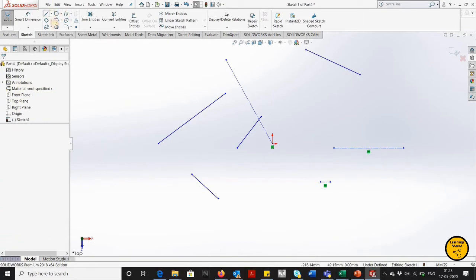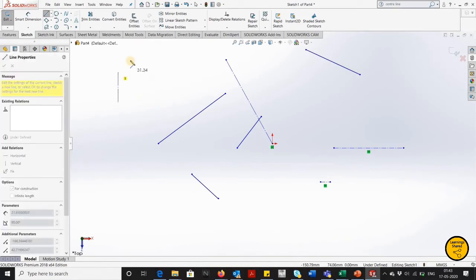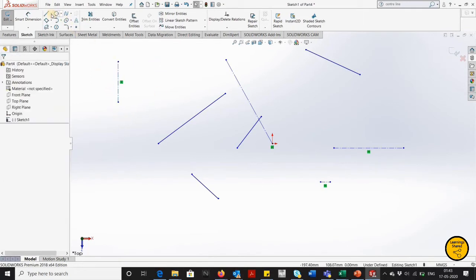Likewise, if I choose the option vertical, then my cursor will go up only. I can make a vertical line only. If I try to move horizontally or at any other angle, it is not going to help in making a line. So this is the vertical option.